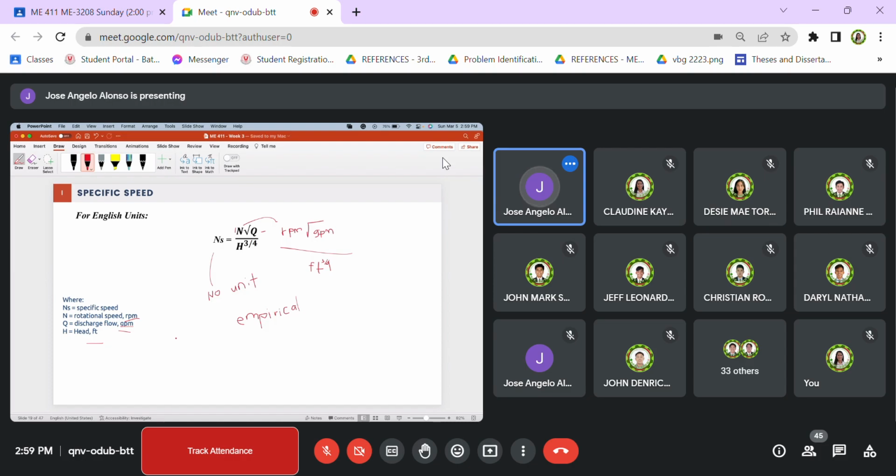Merong equivalent SI equation para dito or metric unit para dito. Wala pala akong makitang proper reference, kaya hindi ko muna siya binigay. So if makita ko siya by this week, baka i-present ko siya sa inyo on next week. Pero for now, if until wala akong bibigay, then you can use this equation and convert every unit into this unit. Please make sure na pare-parehas lang sila. Kasi hindi nyo pwedeng gawing reference yung unit